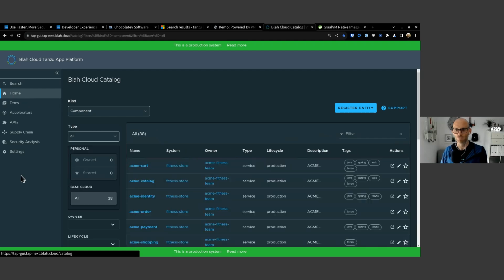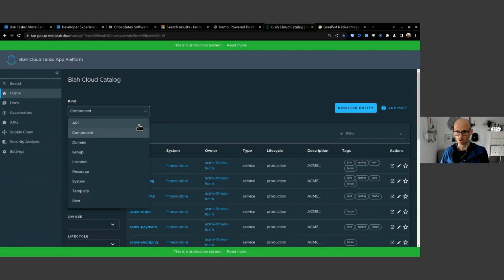So it provides us a sort of central focal point for us all to be able to share information about our applications, share what we've done, share how they're integrated, share the APIs for them, all that sort of stuff. It's all included in this Backstage-based GUI that we have for Tanzu Application Platform, which we call the Tanzu Developer Portal. So I'm showing you the portal right now, and the kind of home screen, if you like,